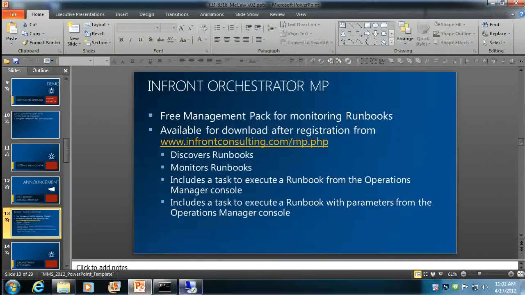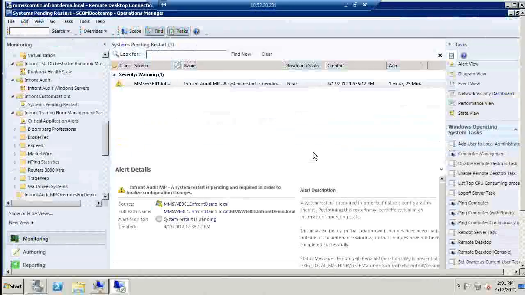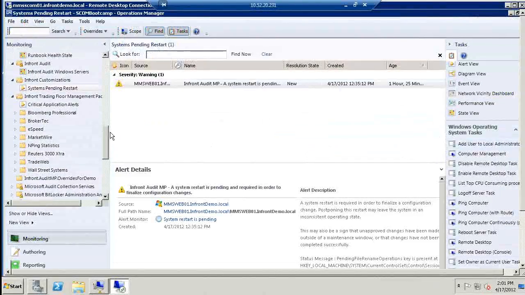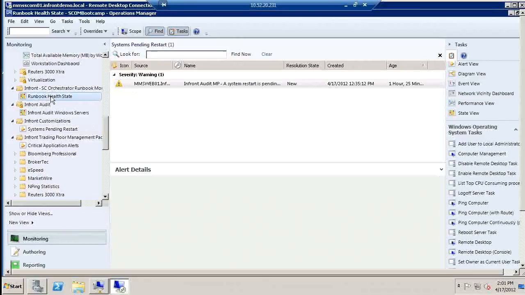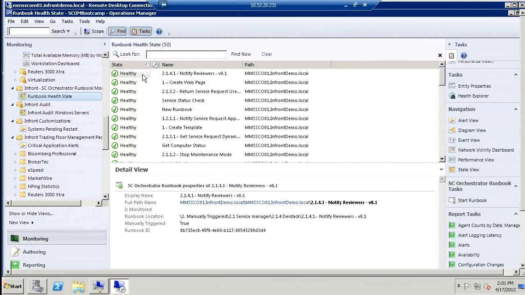So if we go back to my Operations Manager console, and we look in our System Center Orchestrator runbook, what we've exposed through a discovery is all of the different runbooks that exist on another system that I have within my environment. So the Orchestrator system in our environment is called MMS SCO01. And what we've done is simply imported the free Infront System Center Orchestrator Management Pack, and it's gone out and